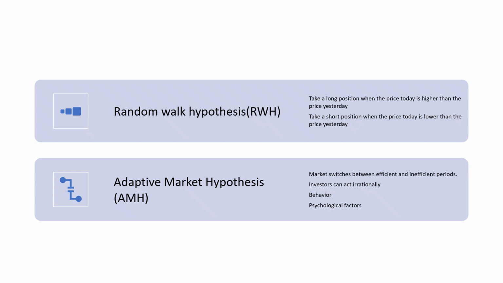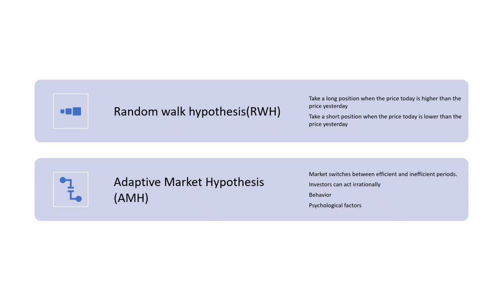As a response to the asserted arbitrariness of a market, the RWH suggests that an investor take a long position when the price today is higher than the price yesterday, and to take a short position when the price today is lower than the price yesterday. The RWH is a reaction to the EMH that rejects traditional security analysis, since EMH assumes that an efficient market reflecting all available information for a stock will not yield opportunities for unusual gains in investment based on insider information not being available to the public.